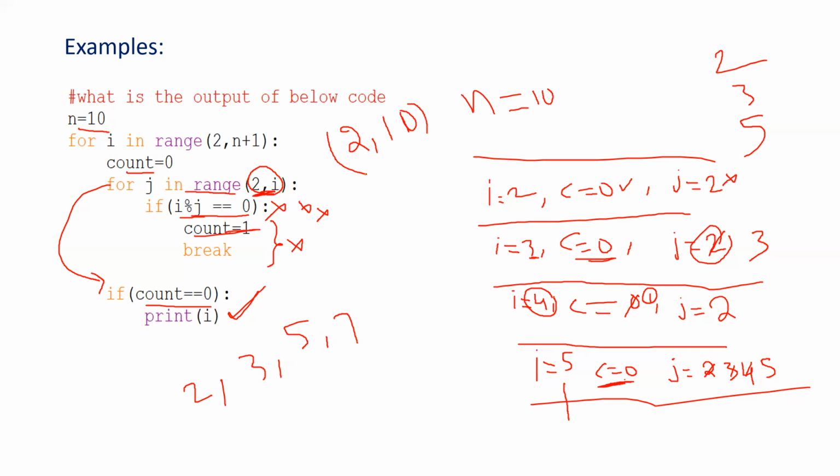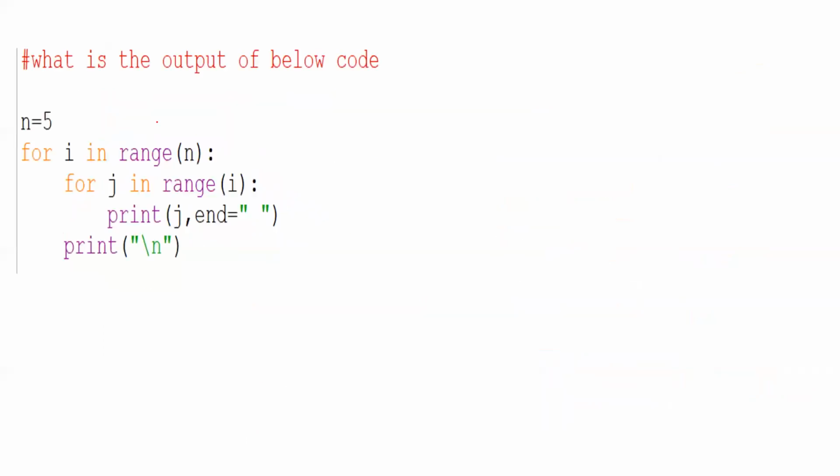Okay. Now this will be the output of the code. You can trace it. You can try it again. And see here, what is the output of the below code. Now see, n equal to 5. First take the first iteration for I in range of n, which means 0 comma n, starting with the 0 and end with the n minus 1, because in Python outer boundary will be eliminated.